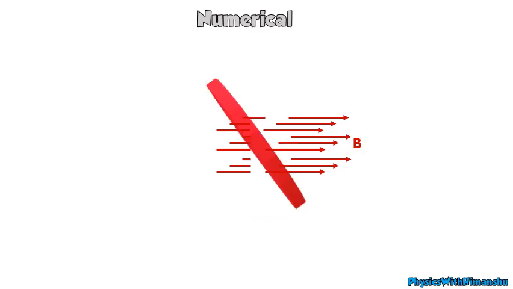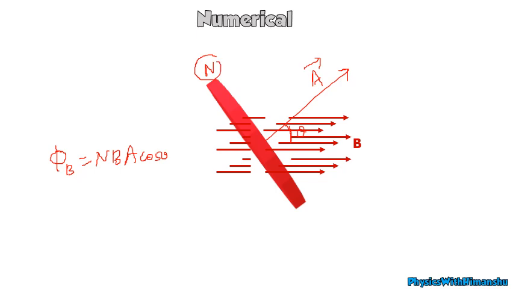Also suppose in this question, this is the area vector, and this will be the angle theta. So in this case, the net magnetic flux will be NBA cos theta. Remember, theta is the angle between the area vector and the magnetic field, not between the area and the magnetic field. So please remember these formulas. This is the way you have to calculate magnetic flux. So magnetic flux is basically equal to the total number of magnetic field lines passing through an area, and it is a scalar quantity.